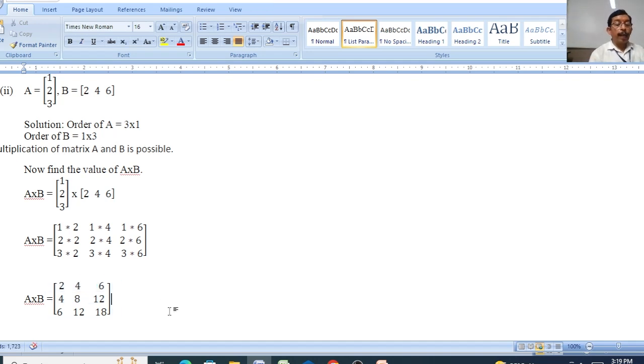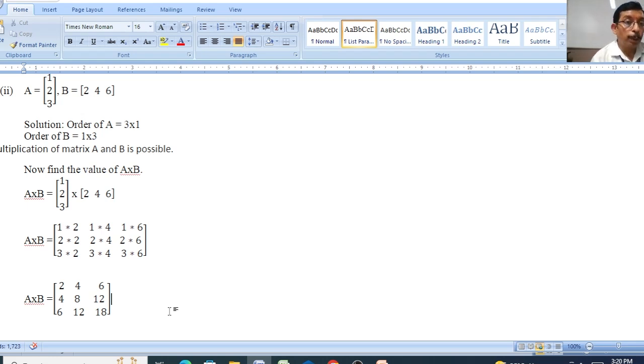Then this is the final result of A cross B. It is clear. First we check that the number of columns in matrix A is equal to the number of rows in matrix B. Both are equal, then the multiplication is possible, it exists. Then we find the multiplication by the procedure. The main procedure is row multiplied by column. First row multiplied by each column of the second matrix. Then we receive the first row